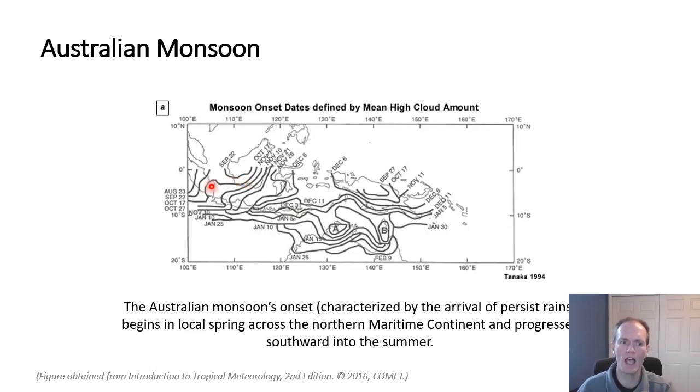This monsoon begins in the western portion of the maritime continent and then progresses eastward and southward from there with the rest of the seasons, particularly from the transition from late winter through to the early portion of summer. Note this really early onset here near to the equator in the western portions of the maritime continent. You get an earlier response for this monsoon as compared to the northern hemisphere monsoons that we have considered in